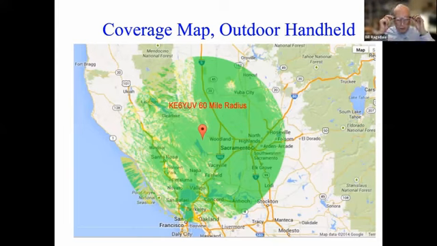So if you have a repeater at a high elevation, such as we have, and you're communicating with a handy-talkie, a small portable station, outdoors, your coverage is good to about a 60-mile radius. In our area, we get not quite to Oroville in this condition, and we get down almost to Stockton. To the west, we have very limited coverage because there's about 70 feet of hill behind us toward the west. So it shields us a little bit from the west, but we get very solid coverage for about a 270-degree arc.